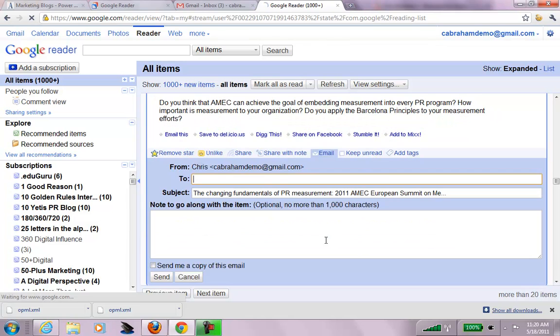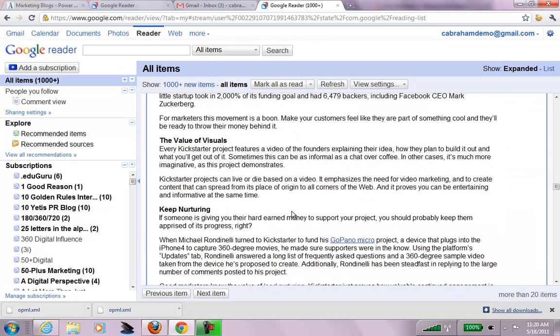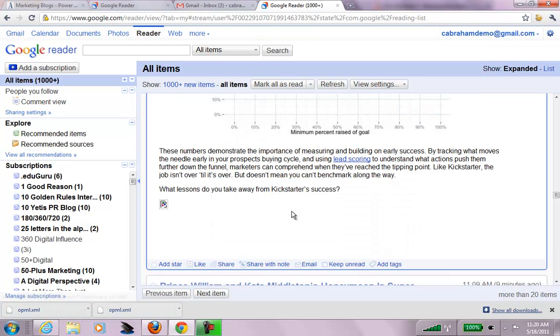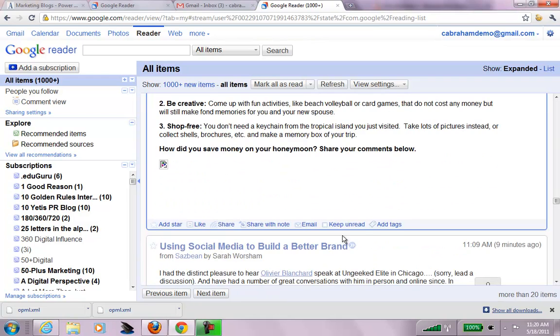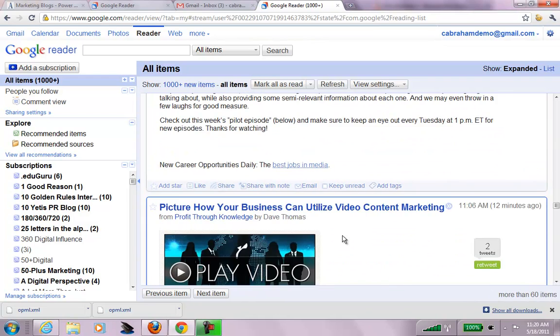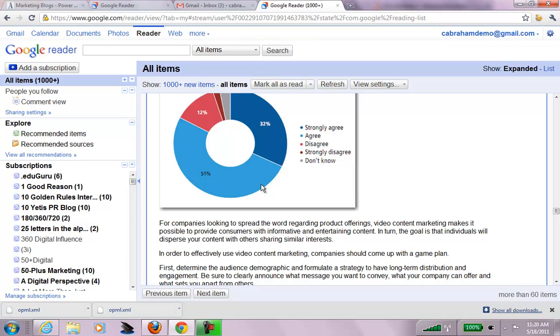One thing you can do is you can share it with your team. Management team, found this is awesome. Have we looked at this particular tool? Blah, blah, blah. You can keep things unread if you want to save that for later because you don't have time to read it because it's a long post. And when you're done,